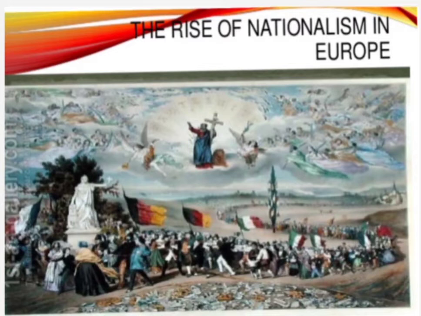You can also see in the picture above, in the sky, Christ and angels were watching. They gazed upon this marching. They were so curious, and interestingly watching this marching because they were happy to see this. So this is about the picture that was drawn by Frederic Souriau in 1848.